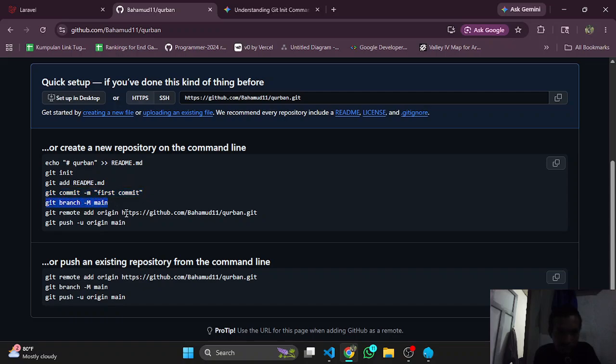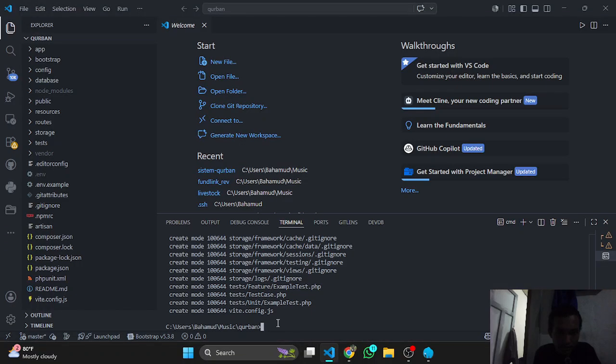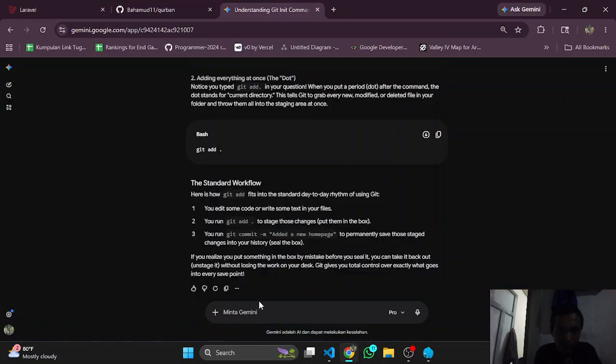The next step is git branch. Let's copy and paste it here. What is git branch? Let's search.